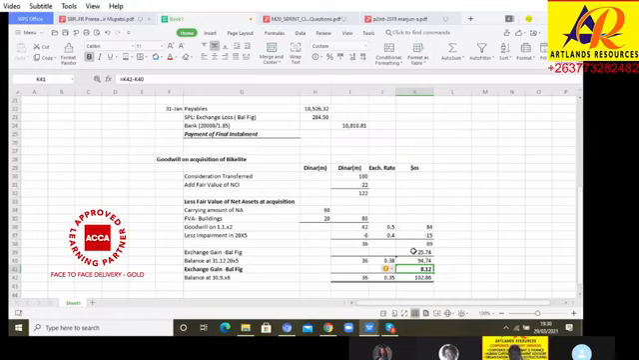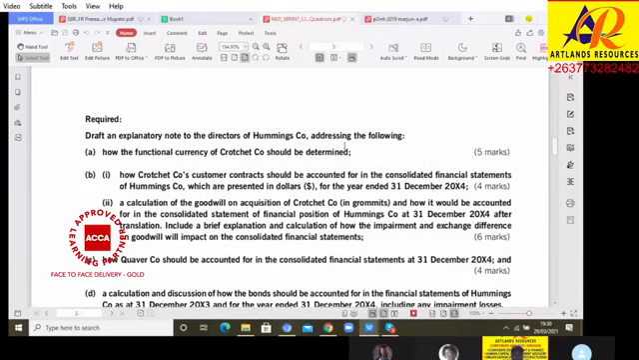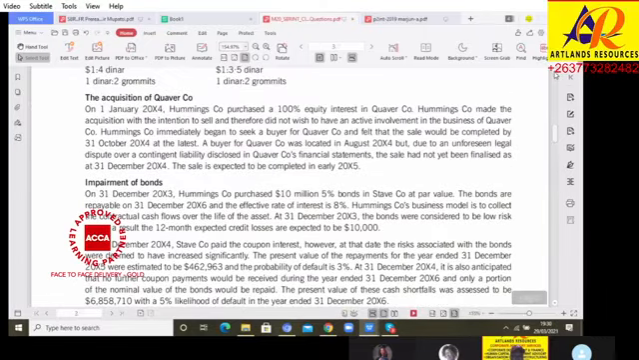Another issue I want you to know is that here, consideration transferred was already given in dinars. But when I was going through the March 2020 question paper, I noticed it says to calculate goodwill of Crochet in grommets. In other words, the foreign currency is grommets, not dinars this time. But notice here, they are saying